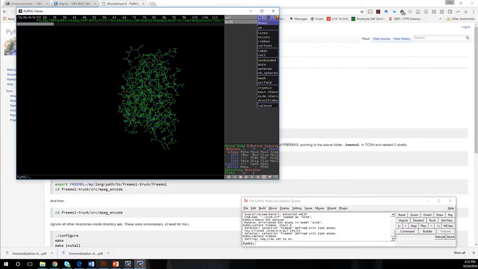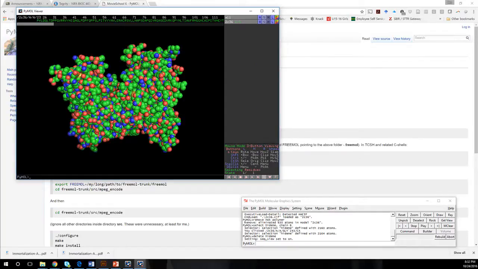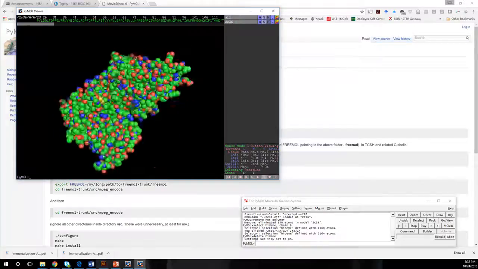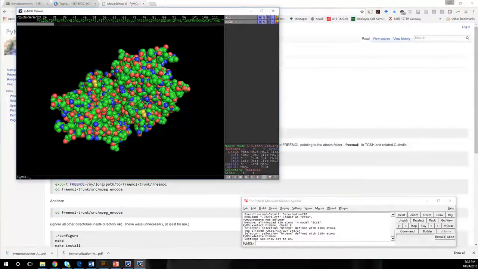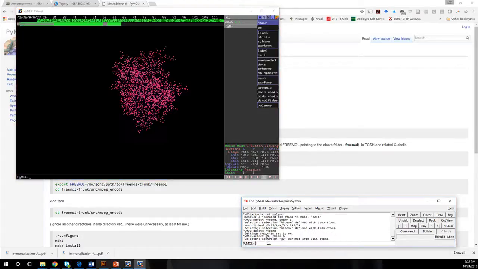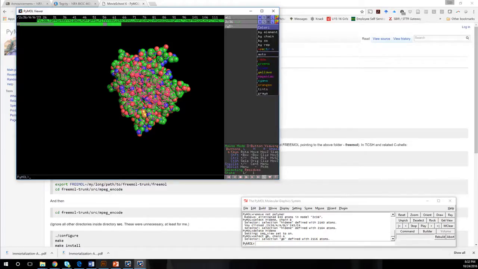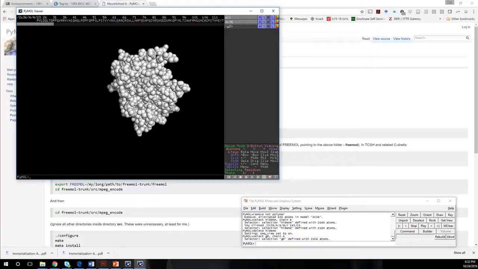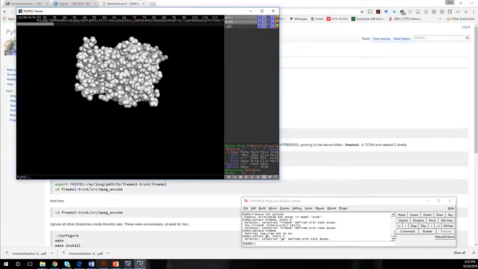Let's make it look a little more presentable. Oh, it's back. Dang it. You know what I didn't do? This is what I should have done. Okay. Then I will just do this. Okay. Then I will change the color, take off the selection, and then I am going to color